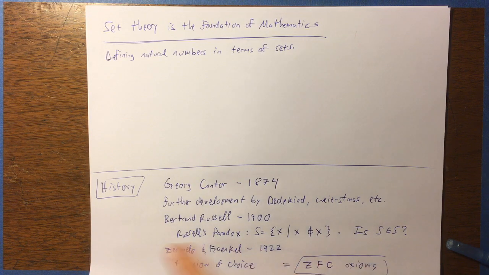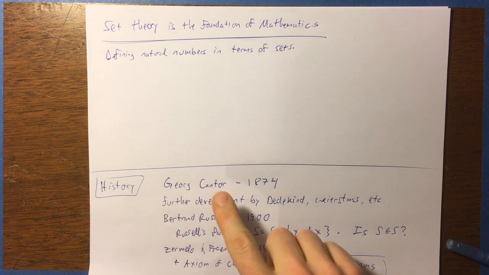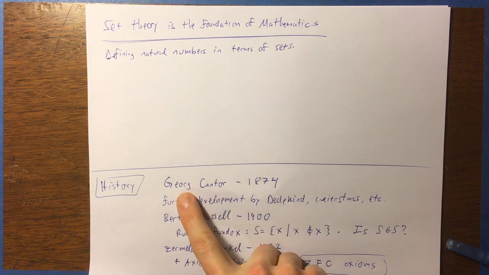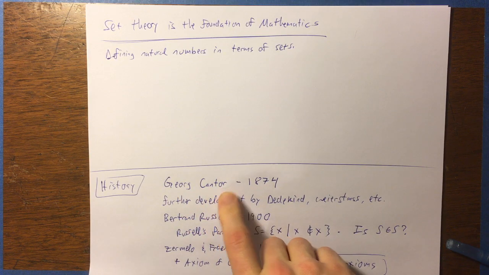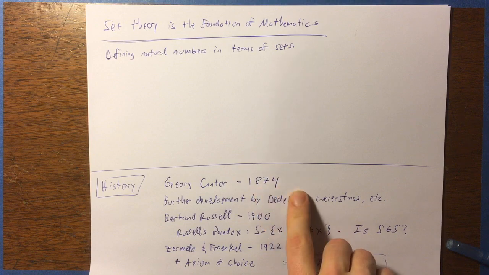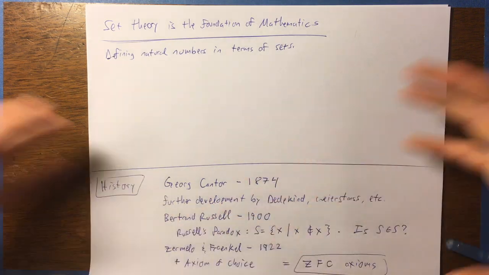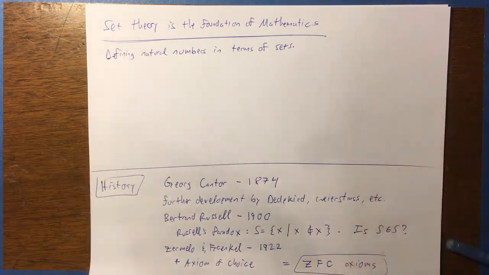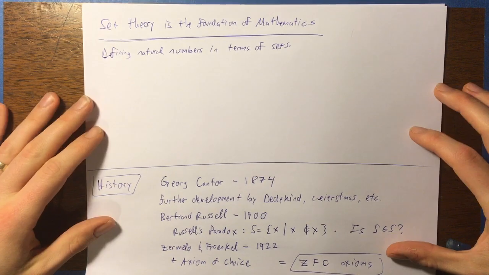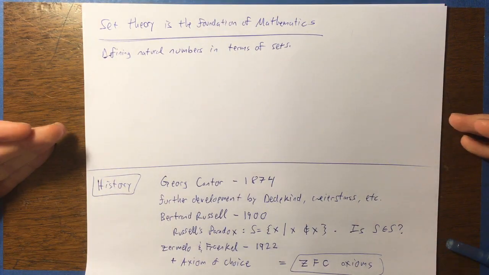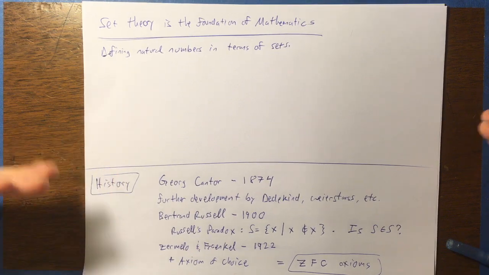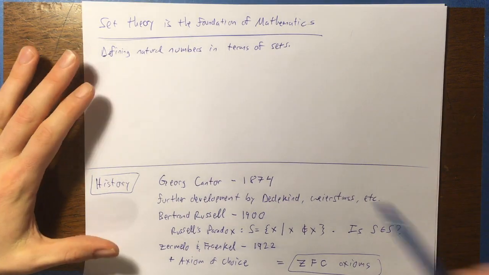So, a little bit of history that I put at the bottom here. First of all, set theory was pioneered really in the late 1800s by a fellow named Georg Cantor. Cantor is a pretty famous mathematician, and he published a paper in 1874 that really laid out the initial framework of set theory. This type of set theory developed by Cantor has come to be called naive set theory because it had a few problems with it, but they didn't find that out for a while.